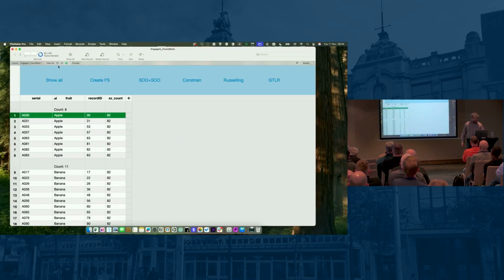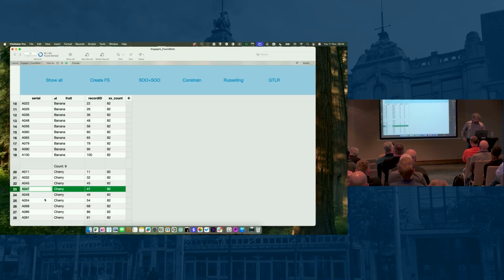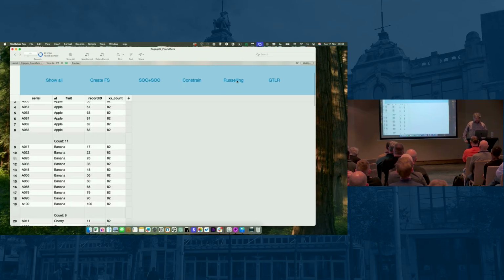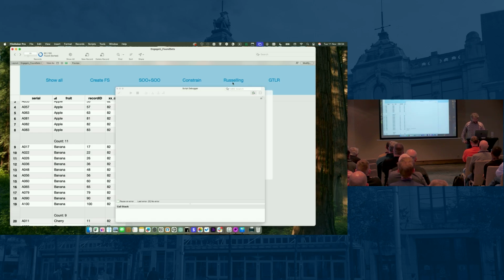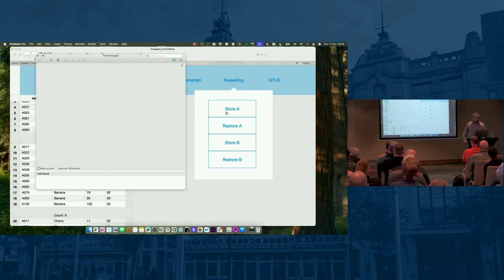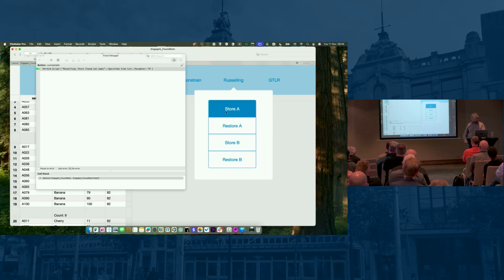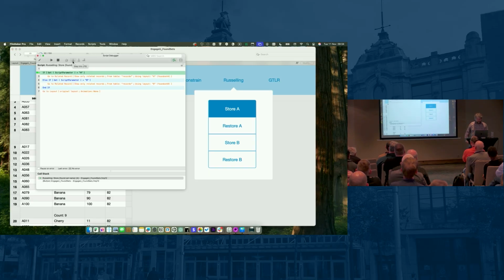Okay, so now I have a found set of 82 records, and it's sorted. I'm going to go to the 23rd record, and I'm going to do rustling. So rustling, I'm going to store found set A. How do we do that? It's store found set with a parameter of A, and as you can see, it's really hard-coded here